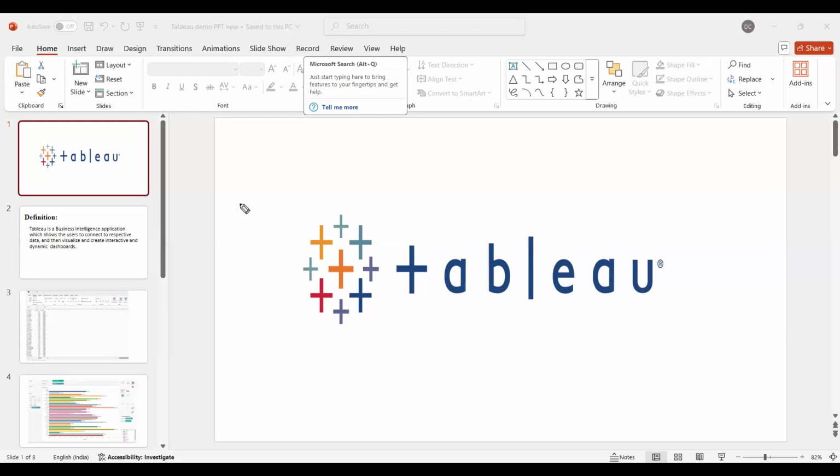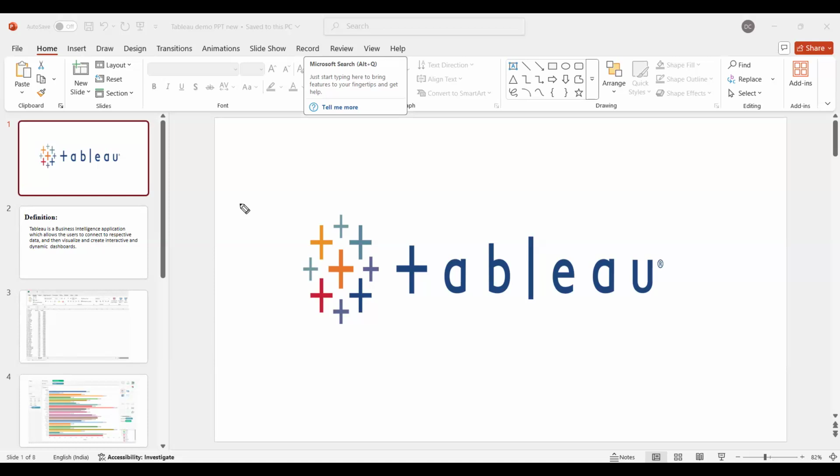And if you want me to tell the difference between Power BI and Tableau, these are just different tools. Tableau is from Salesforce now, and Power BI is from Microsoft. These are just different tools, but the concepts are almost the same, and some functionalities are of course different. But if you learn any one tool,